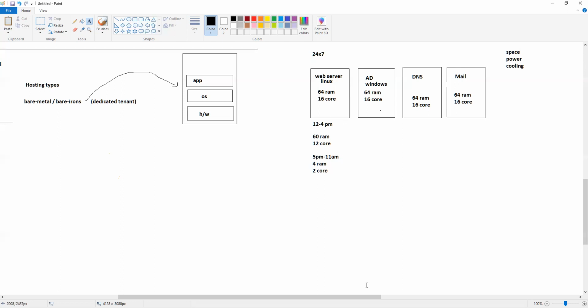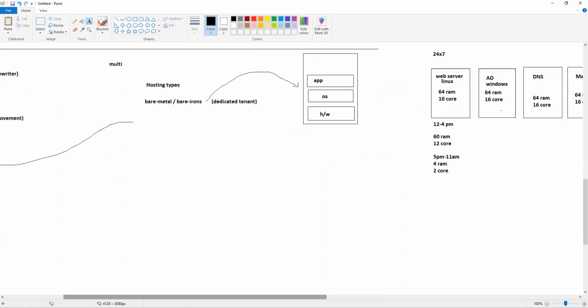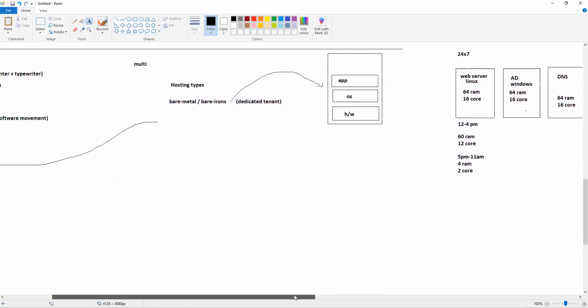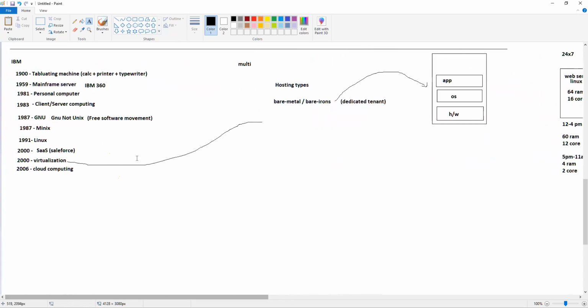And this challenge was solved by three geniuses, again, college fresh outs, and two of them have gone on to marry each other, and I forgot their names, but they came up with a technique called VMware. So just the way you had hardware, software, they came up with something called virtual machineWare, VMware, which is not used nowadays. And that's the reason why I'm not writing VMware here.